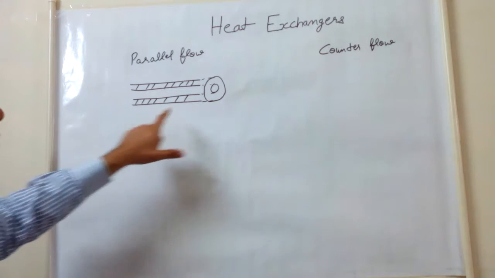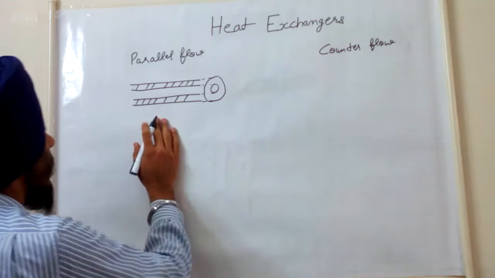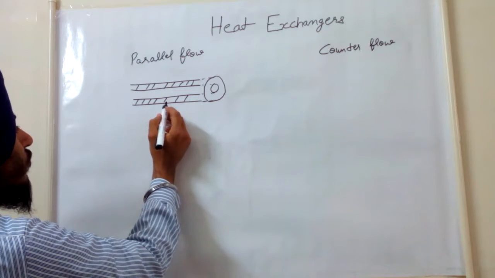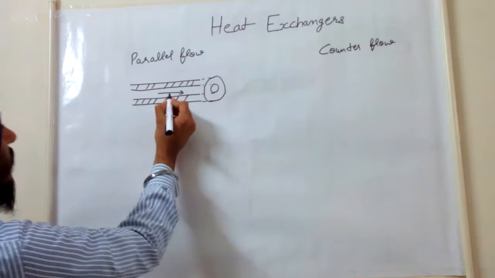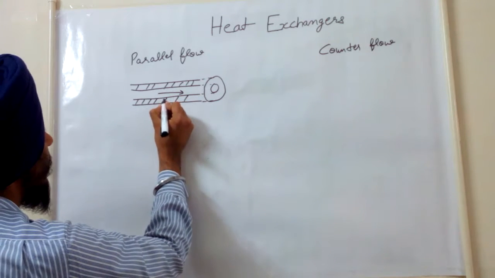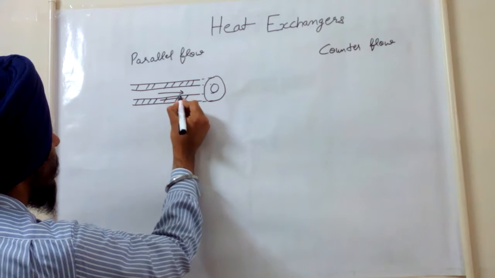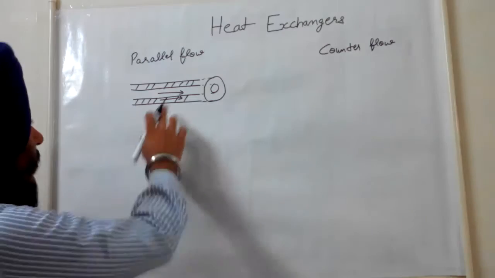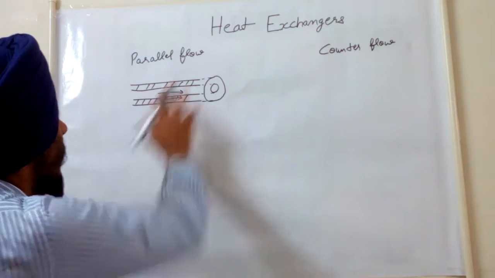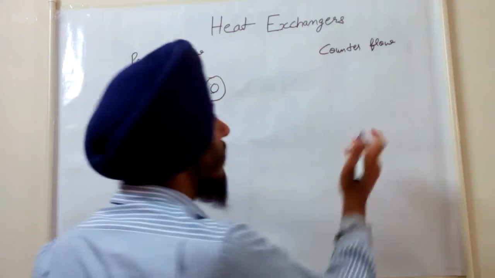This is the cross section view of the pipe. Let the pipe contain two fluids. The direction of both the fluids is the same. The flow is in the same direction. You can see here, this is parallel flow, and in counter flow,